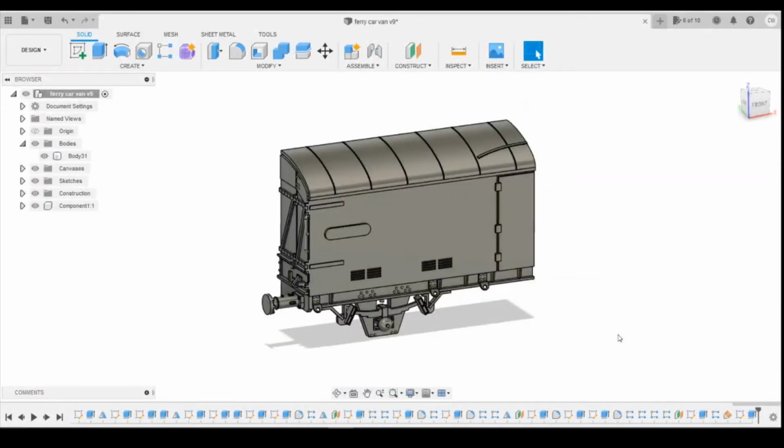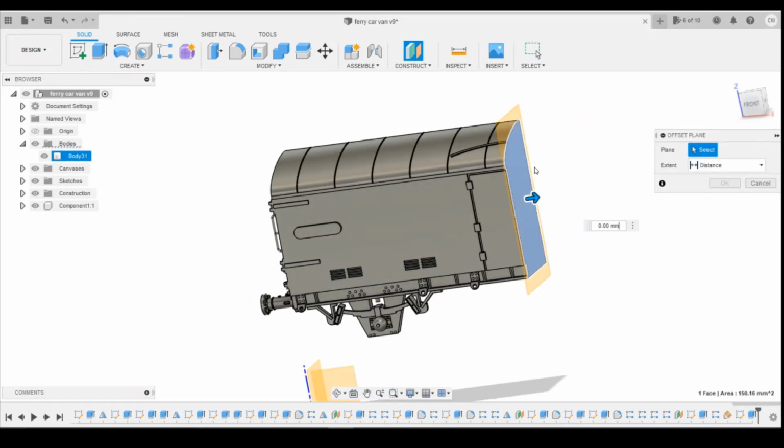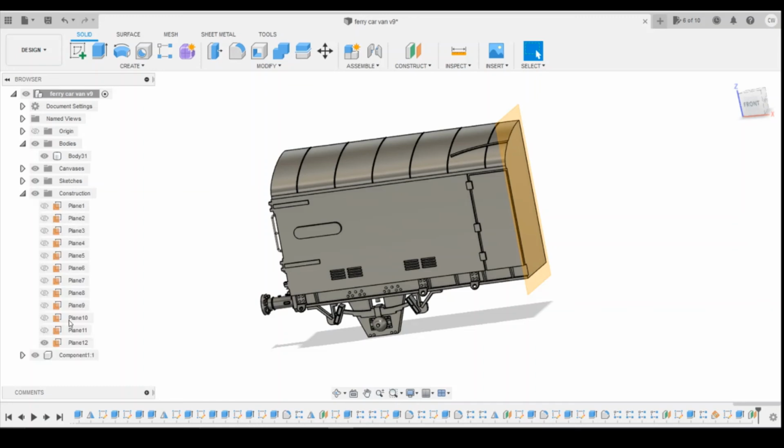Okay, so going over the rest of the wagon, everything else from this point is symmetrical on this quarter. So before I mirror it across, I'm going to create some center planes so that we can use these in the future for all the mirroring that we do and any copying them across each side of the wagon. So I'm going to create that plane there, and I'm actually going to name this one. So I'm going to double click on the plane,